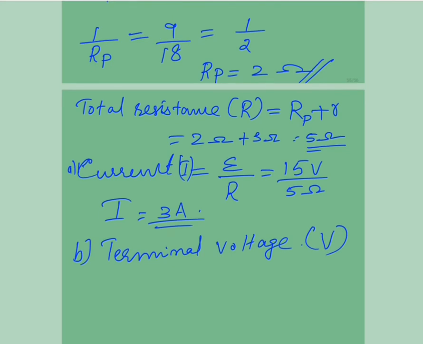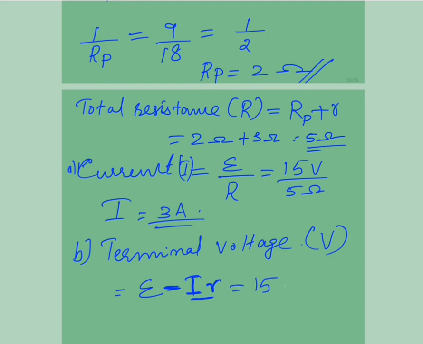So terminal voltage from the equation, you know, is EMF minus the potential drop across the internal resistance, that is I into r. I is the current passing through internal resistance and small r is the internal resistance. So I multiplied with r will be the potential drop or voltage drop across that internal resistor. So terminal voltage can be got by subtracting voltage across internal resistance from the EMF.